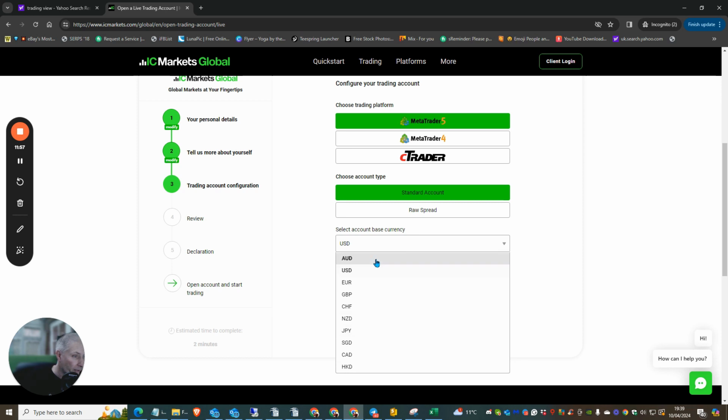So the currency could be SGK, I think it is, but again, you'd have to check to see what the currency is for the Philippines. However, because I'm in the UK, okay, I'm going to be using GBP. Okay, which select base currency. I could, if I want to, US dollar, so that's absolutely fine. In fact, I'm going to use US dollar because I work better with that when I'm using my trading instruments. And now I'm going to hit next,